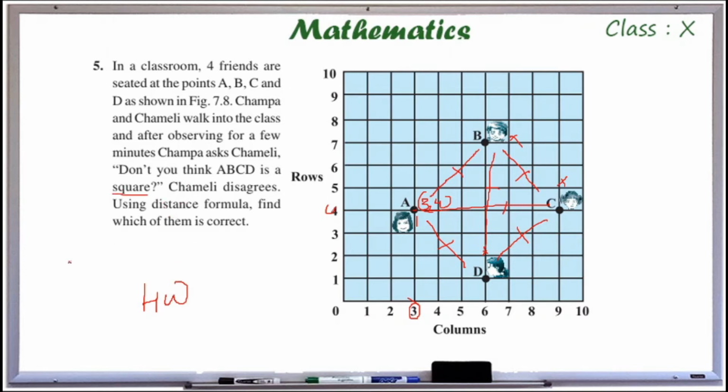For a square, 4 sides are equal. So first you have to check whether the 4 sides are equal or not, and then check for diagonals. If the diagonals are also equal, then we can say that it is a square. For example, if you get 4 sides as 4, 4, 4, 4, then diagonals 6, 6. So all the 4 sides are equal and all the diagonals are equal. So we can say that it is a square.